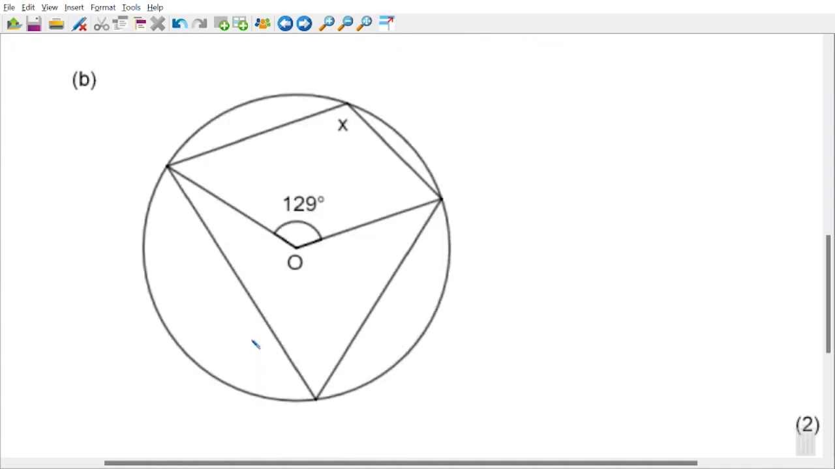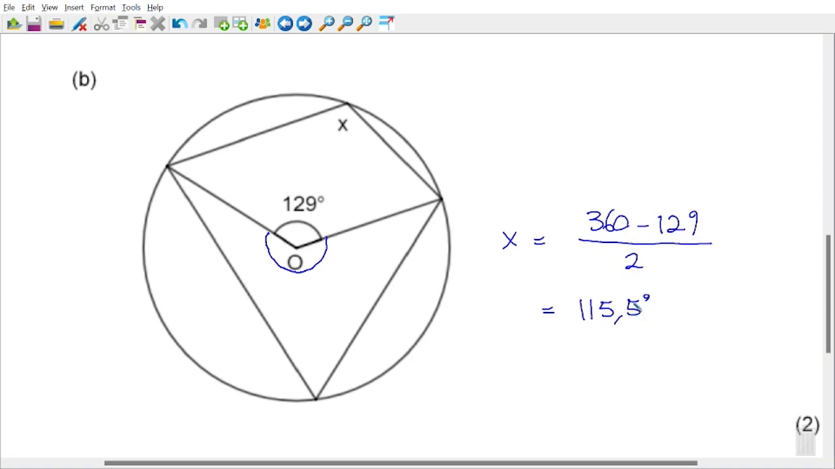Okay, this next one asks us to find the size of x. All right, and what we can do here is work out this. This is going to be 360 minus 129, and x is going to be half of that. So x is going to be 360 minus 129, which is the blue piece, and then I need to divide by 2, and I get